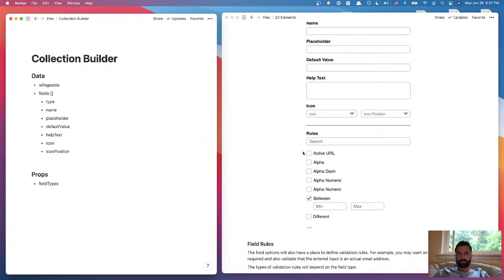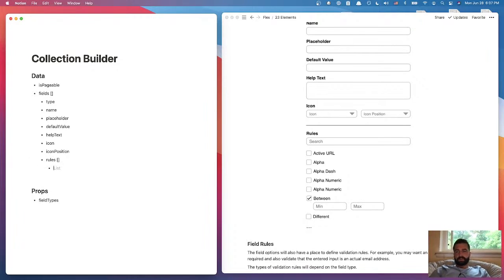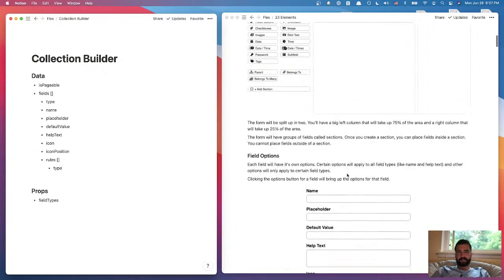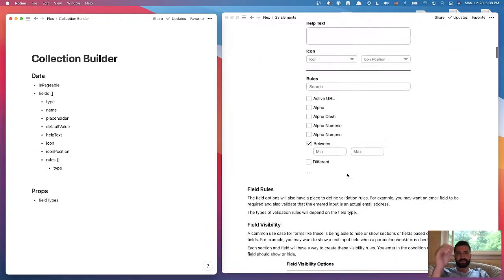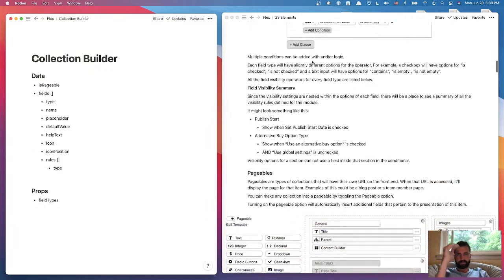So we're going to have rules. This is also going to be an array. And rules are going to have their own attributes as well. And so when you define a rule, you have the type of rule that it is. And I think for now, I'm just going to have that because I'll probably just have simple rules for now, like required or